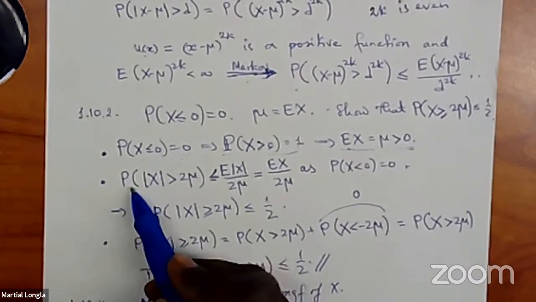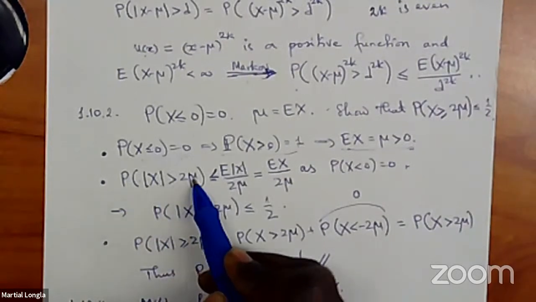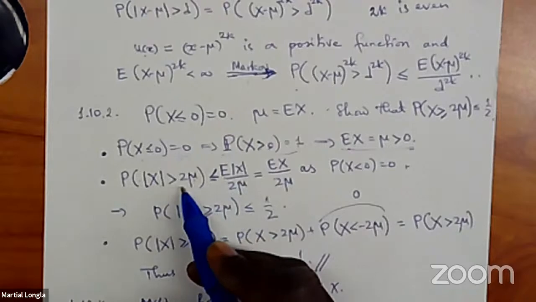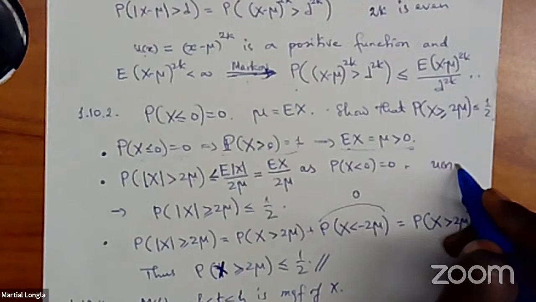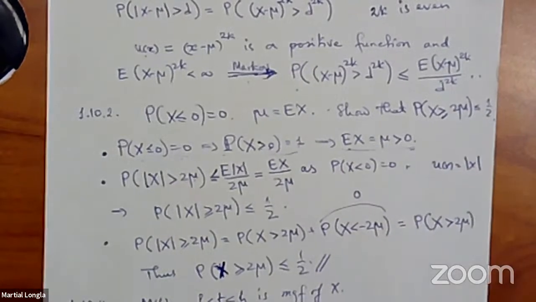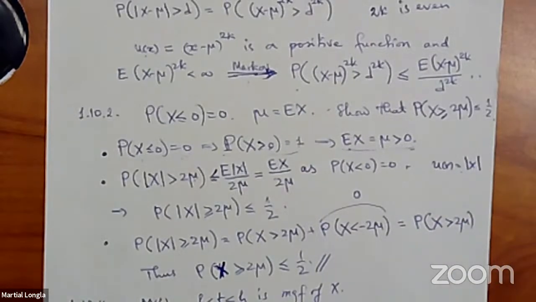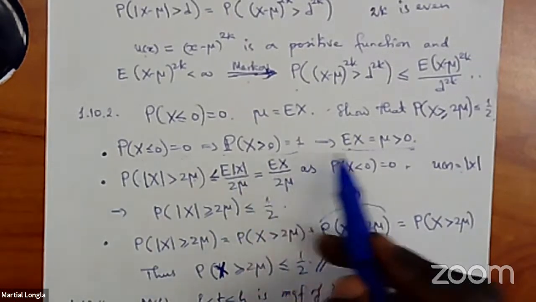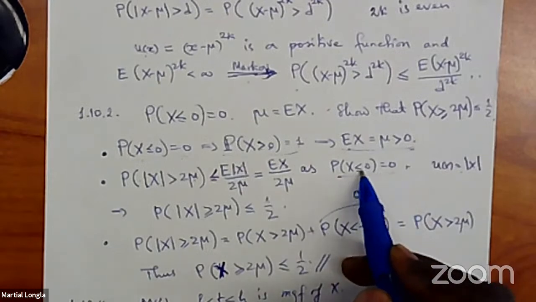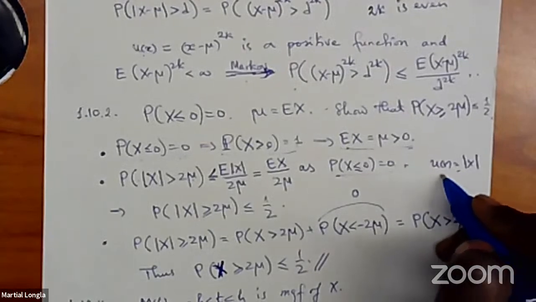So I start with the probability that the absolute value of x is larger than 2 mu, using Markov's inequality. The function u of x equal absolute value of x is positive. It has an expected value which is equal to the expected value of x, because the probability that x is less than or equal to 0 is 0. So this thing is positive,